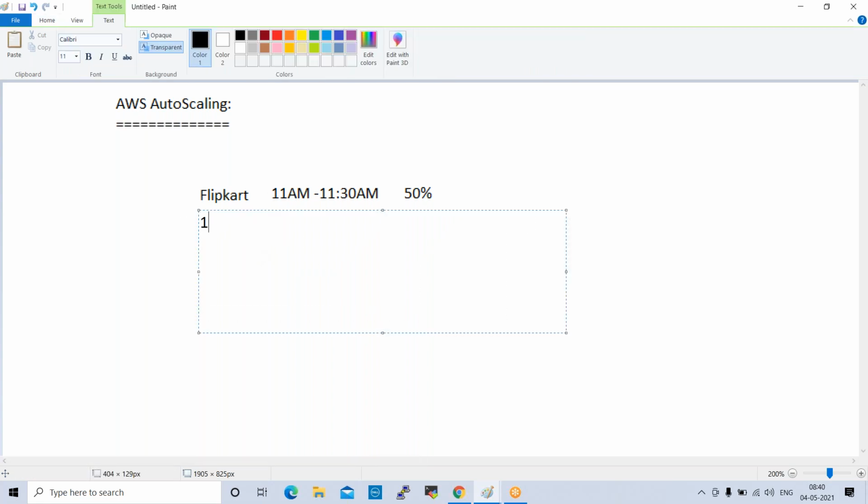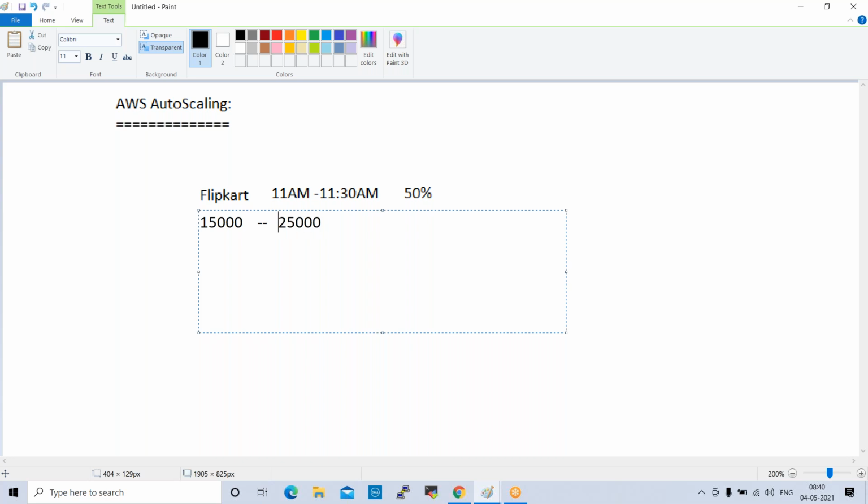They expected 15,000 users. By 11 a.m., maybe 15,000 users hit the site. They expected like this. But the actual turn up is 25,000. 25,000 users hit the site. What will happen here?